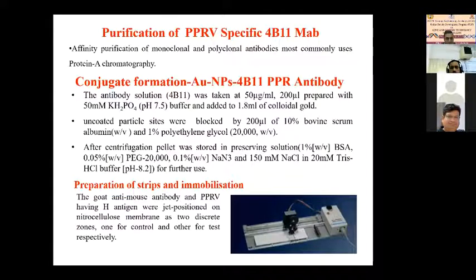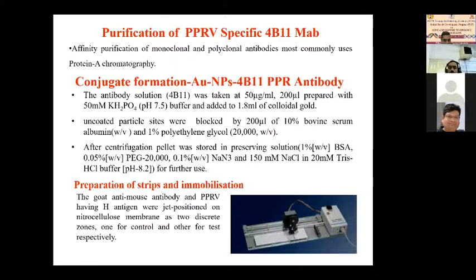Next, please. What our step should be: we are fortunate, given the work that Dr. R.P. Singh did under his PhD program. He produced the finest monoclonal antibody for PPR, and we found 4B11. Earlier we worked with a different two-antibody setup, and later, with a 2011 paper, we found that the same antibody can be used as both the detection probe and the test probe.